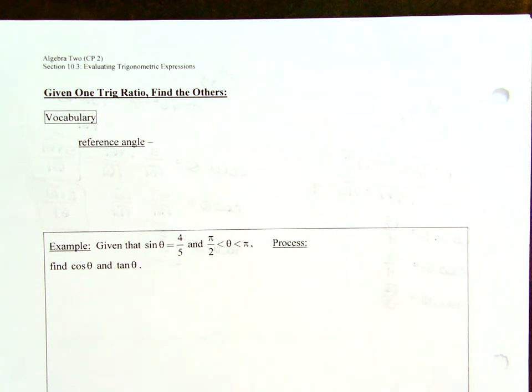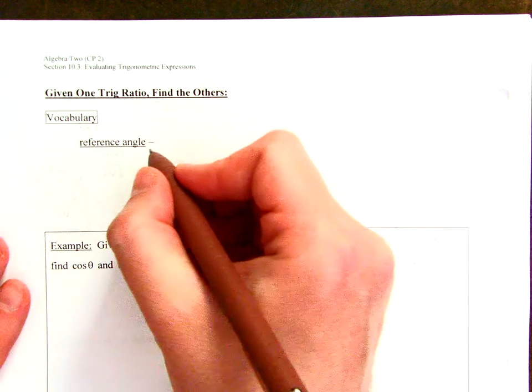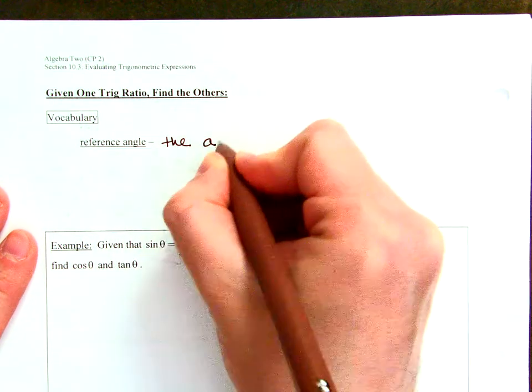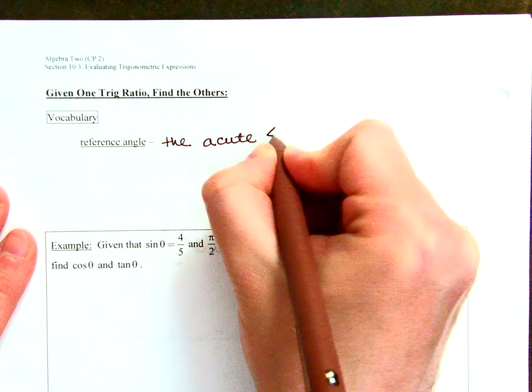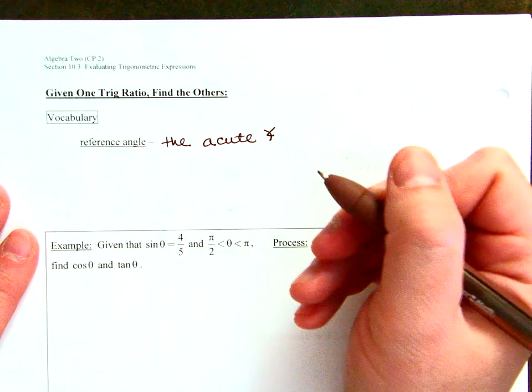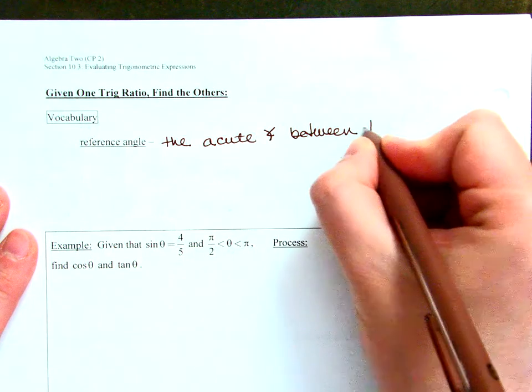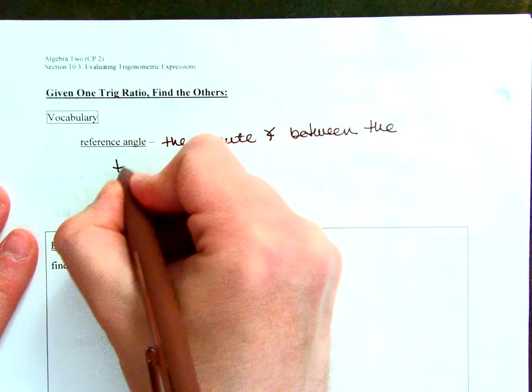Vocab: reference angle. Do I want to define this now? Yeah, I might as well define this now. I'm going to say that a reference angle is the acute angle between the terminal ray and the x-axis. This will make sense in a moment. It is the acute angle between the terminal ray